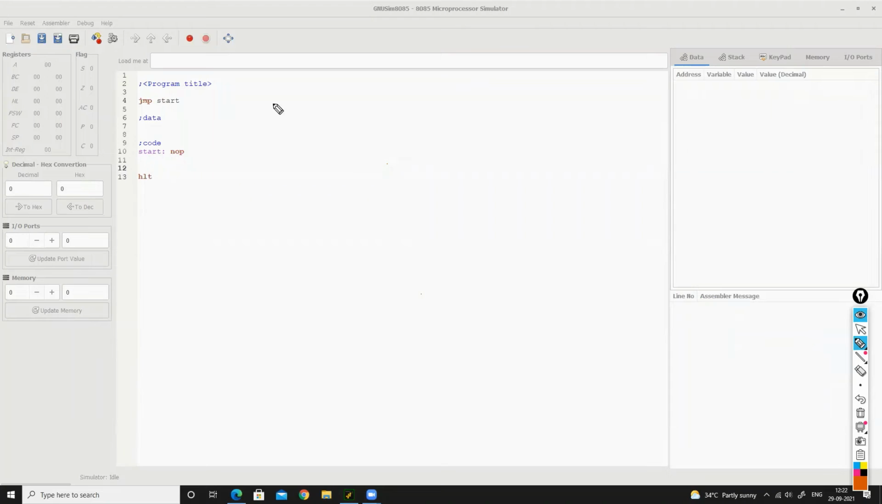Hello everyone, welcome to another video on microprocessor 8085 programs and then running those programs using GNU Sim 8085 simulator. In this particular video, we will basically discuss two important programs. The first program will be the addition